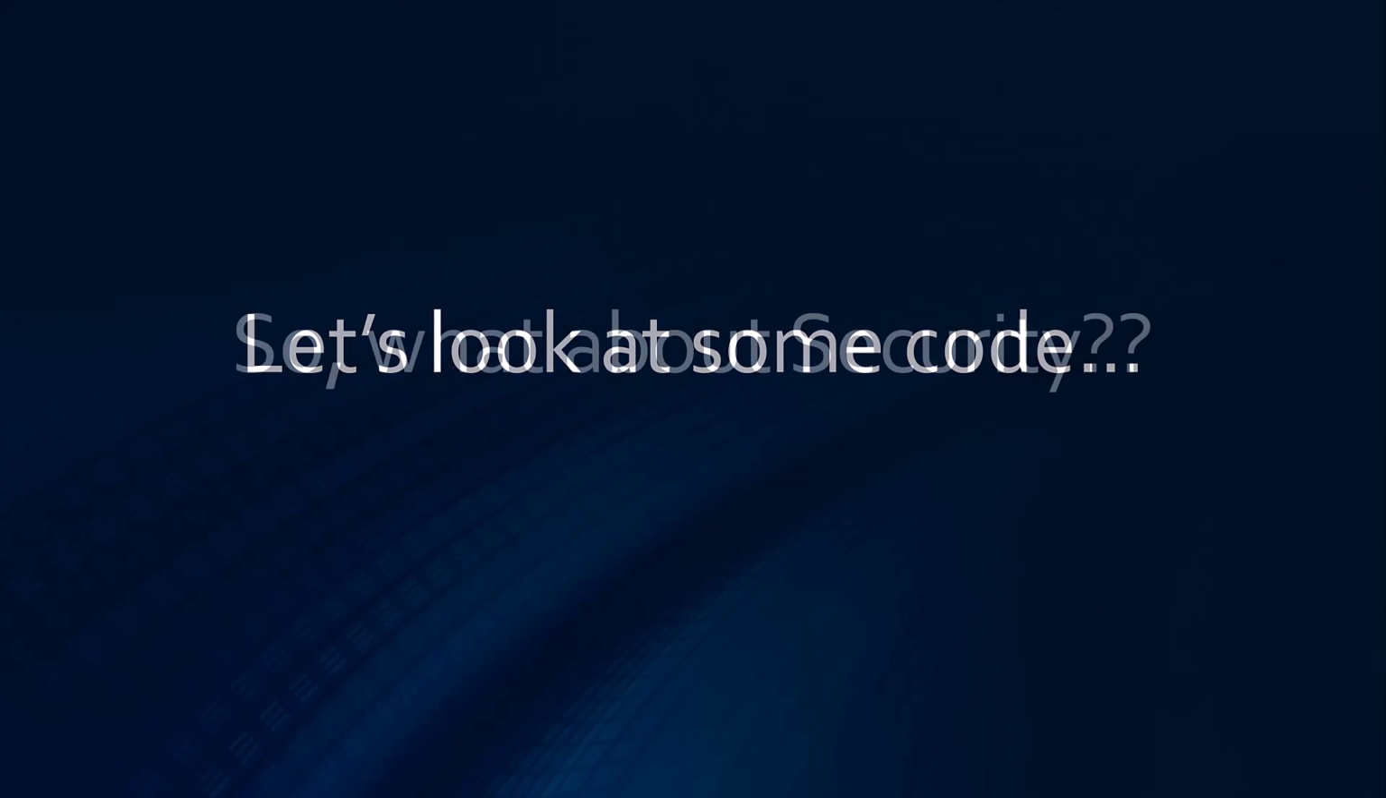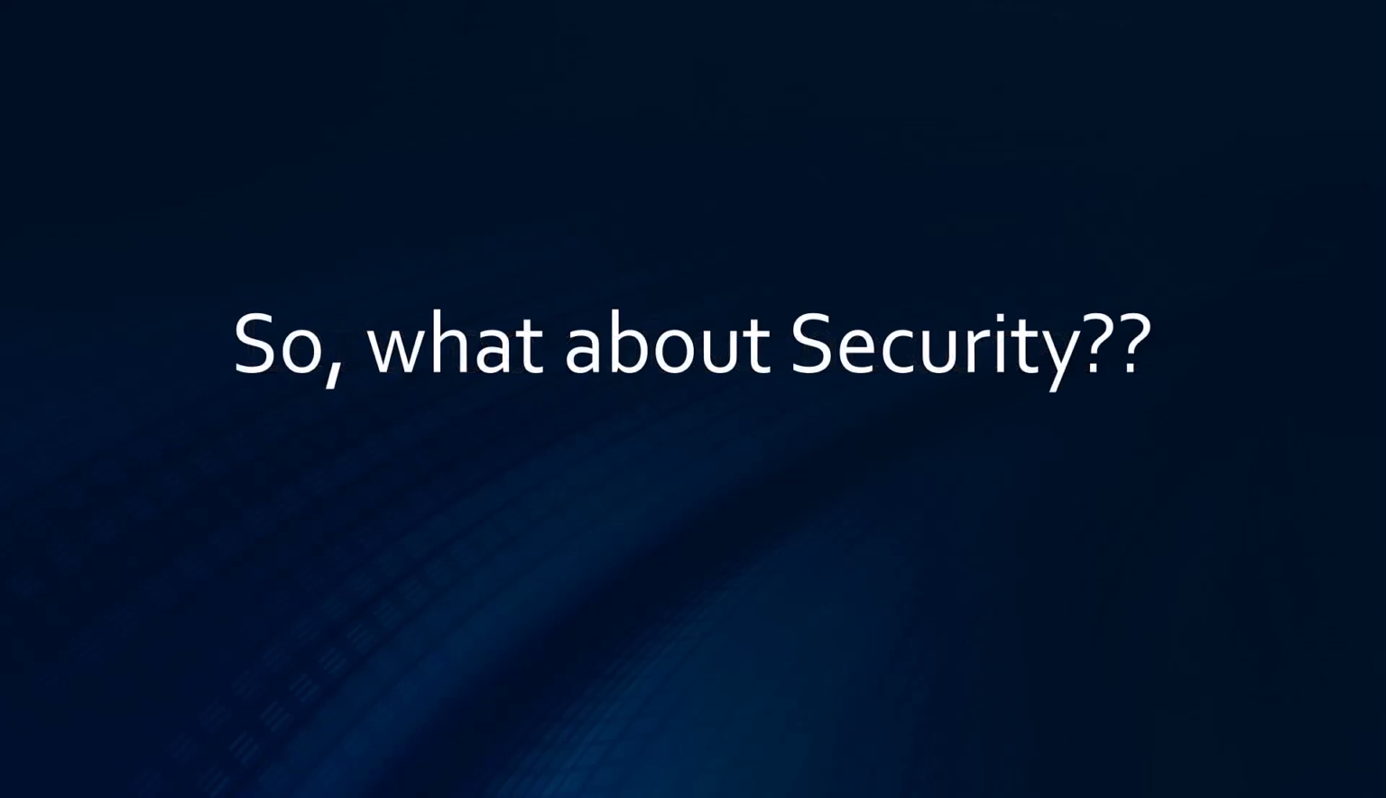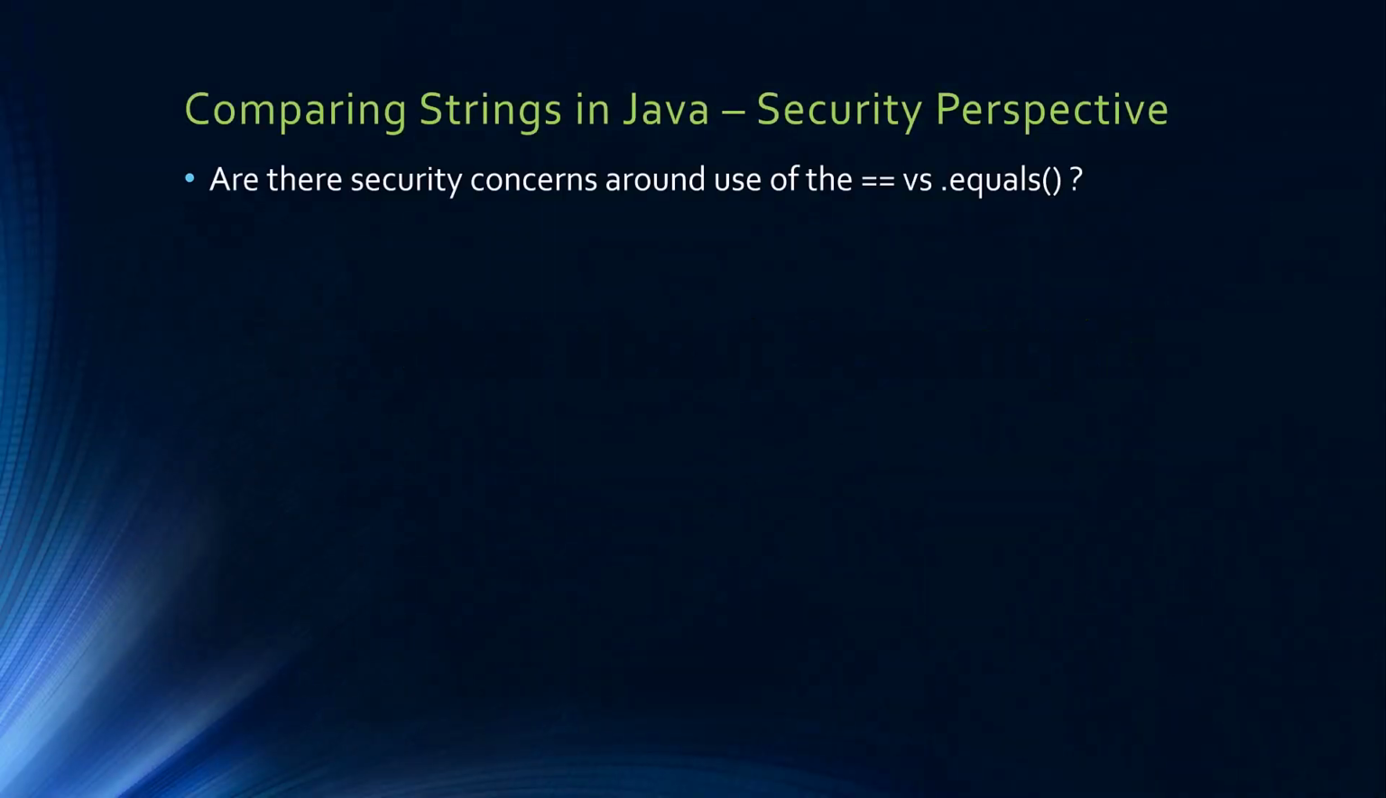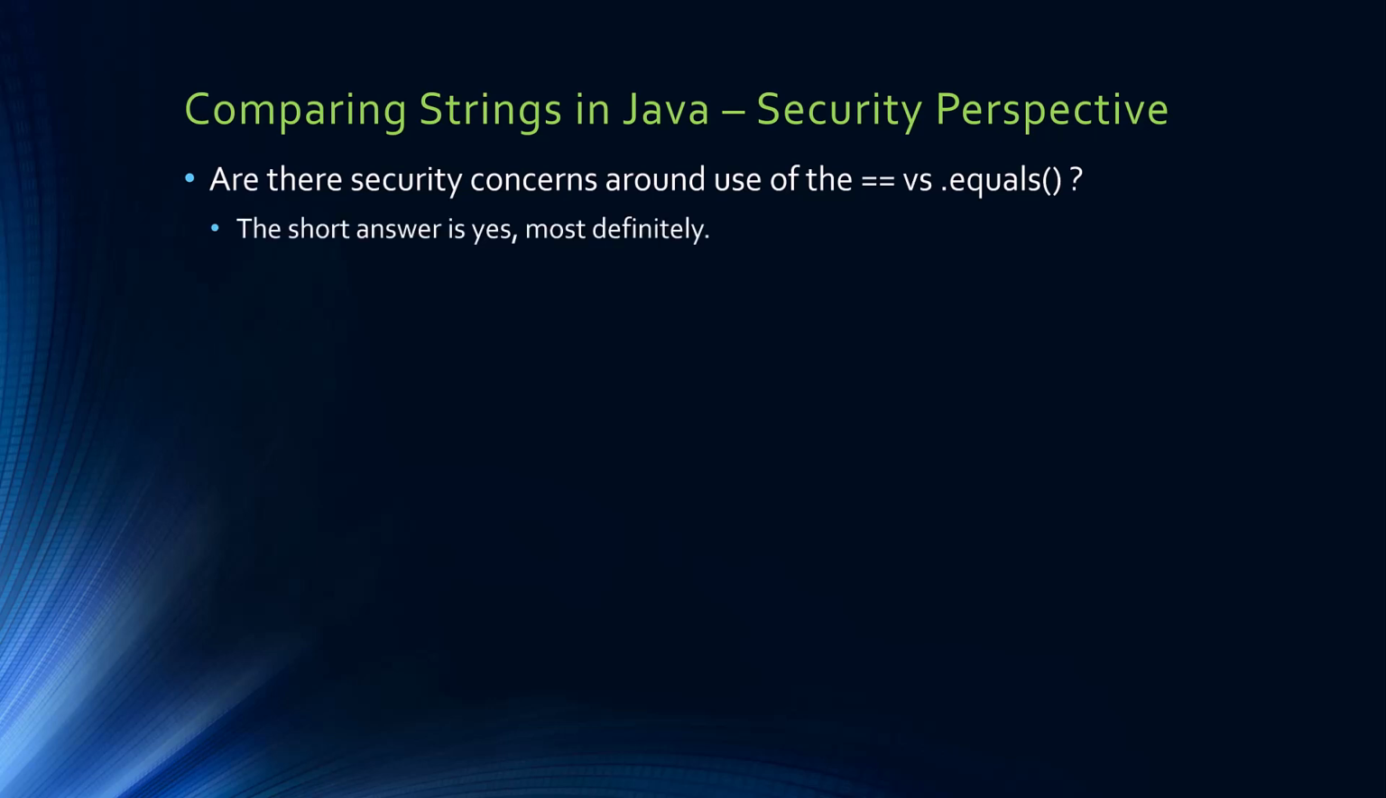Now let's talk about comparing strings in Java and how it can impact the security of our code and our application. To start with, is there any concern around using the double equals operator or the dot equals method in our code from a security point of view? The answer is most definitely. Findings of this type are usually considered to be low risk or informational by most static analysis tools and ignored by many developers. However, as we've seen in the